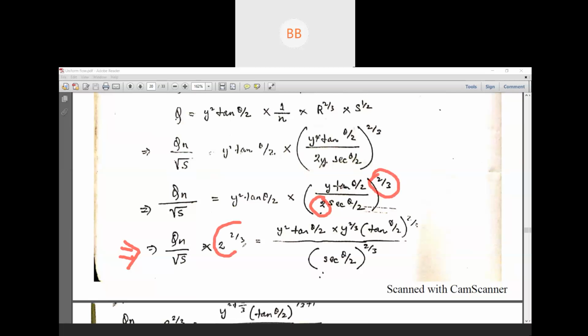So that is why it will be 2 to the power 2 by 3 is equal to, again, this is already there, y square tan theta by 2, multiplied by this y to the power 2 by 3,